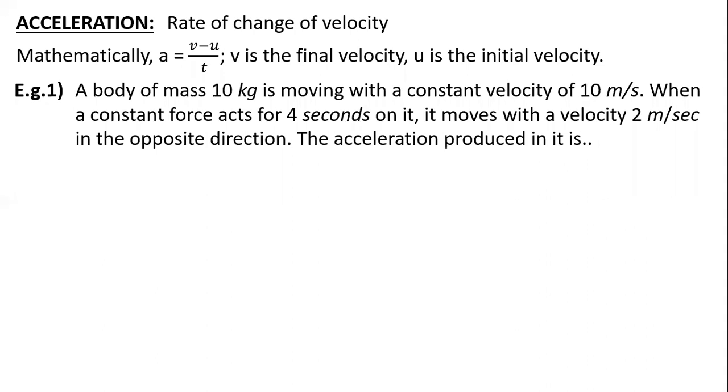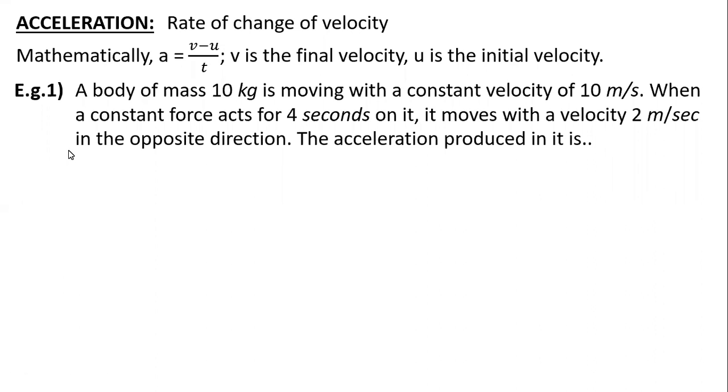So it is given that it is initially moving with a velocity 10, then some force was acted on it for 4 seconds. It moves with a velocity 2 meter per second in the opposite direction. The acceleration produced in it will be. Yeah, so most of you are saying the answer is 2. Diptanshu is saying answer is 3. Shrestha is saying answer is -2. Okay, Arnav is saying -8. Achha, chalo, there are a bit of different answers even I am getting.